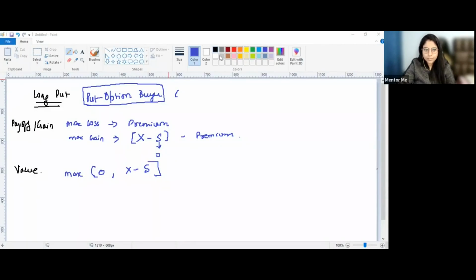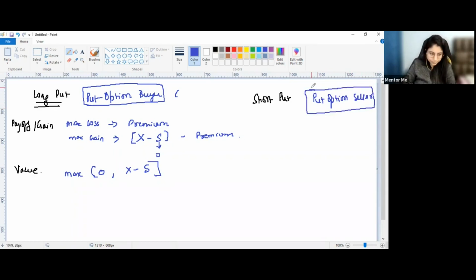So let's say we are talking from the perspective of the short put party or the put option seller. ठीक है, so as a put option seller, आप क्या चाहोगे, आप चाहोगे कि प्राइसेस गिरे नहीं, जितने प्राइसेस बढ़ेंगे आपको उतना बेनिफिट होता है. ठीक है, क्योंकि प्राइसेस बढ़ेंगे तो कॉन्सेप्चुअली स्पीकिंग ऑप्शन बायर अपनी ऑप्शन को एक्सरसाइज नहीं करेगा एंड यू विल एंजॉय योर प्रीमियम. ठीक है ना, तो आपको आपका वैल्यू क्रिएशन कब होगा,